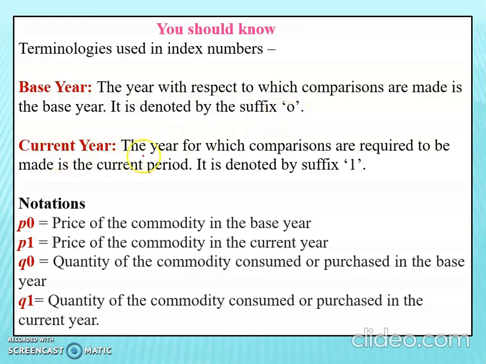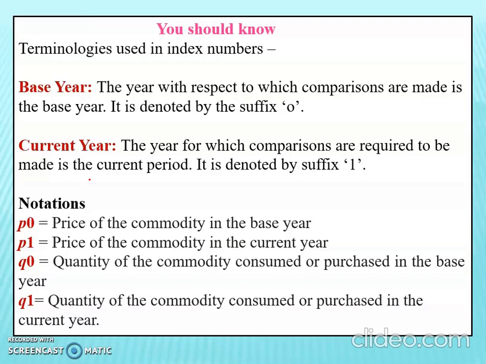Current year, the year for which comparison is required to be made in the current period, is denoted by suffix 1. See, when you are taking 2 years for comparison, one is the current year. For example, suppose you take the year 2020-21 and you are going to compare the price of a particular commodity in 2021